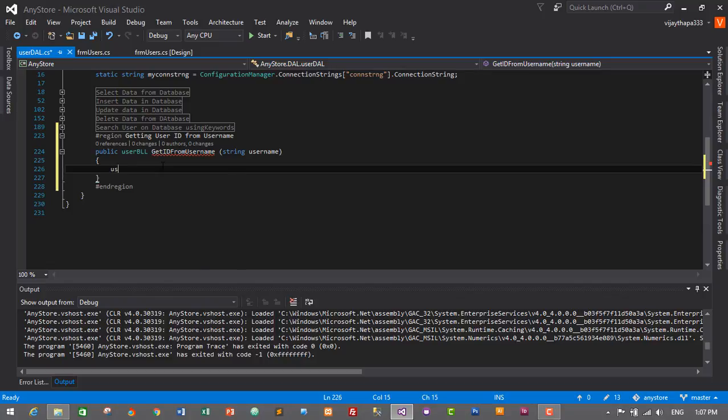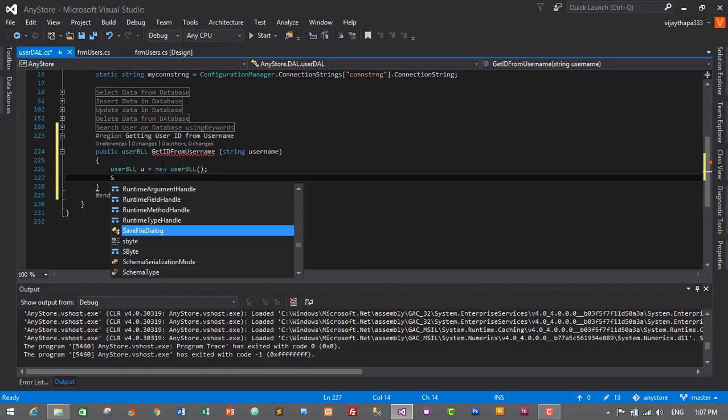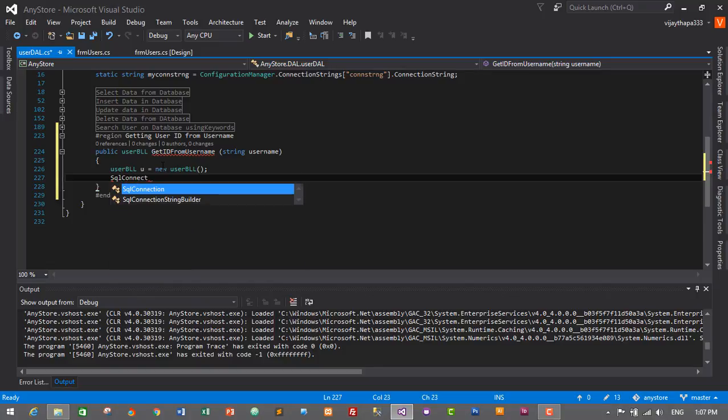Okay, then userBLL u is equals to new userBLL, then SQL connection, database connection, con is equals to new SQL connection. My connection is string,